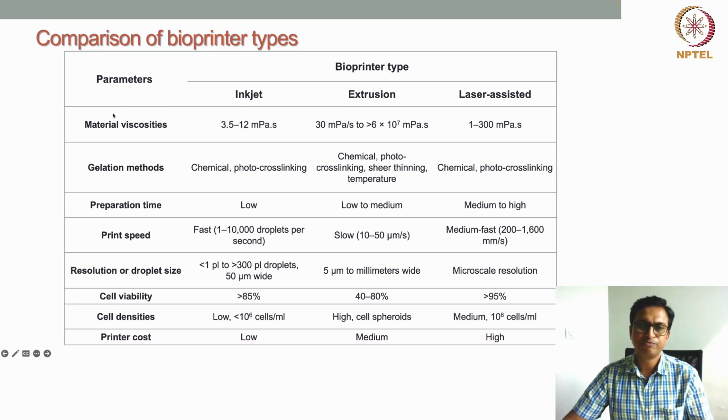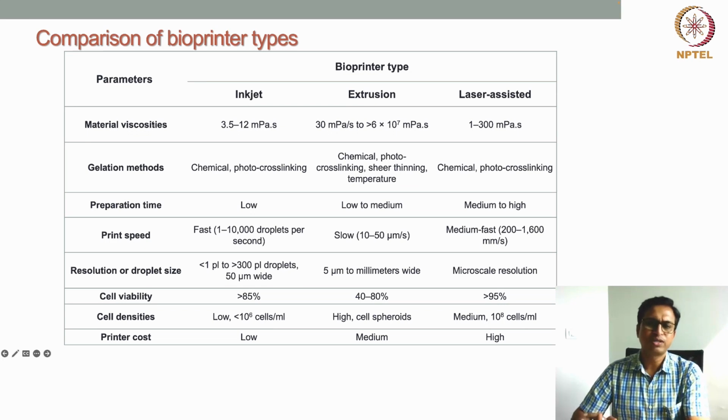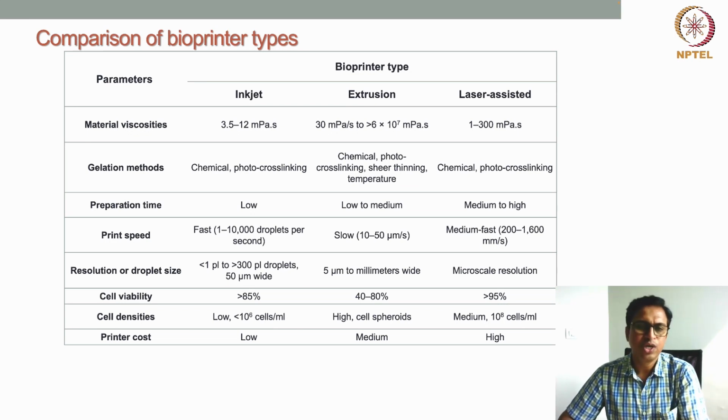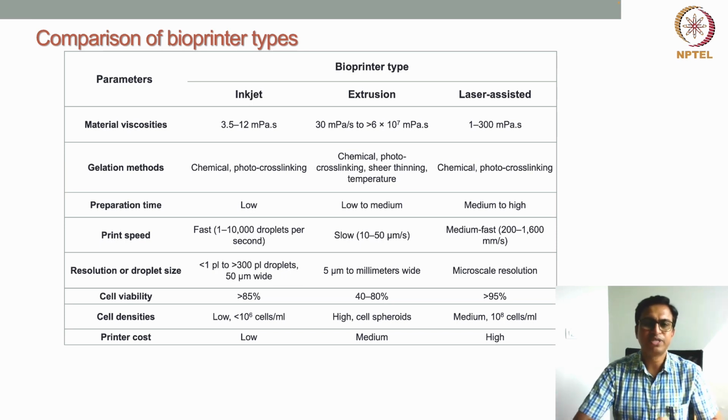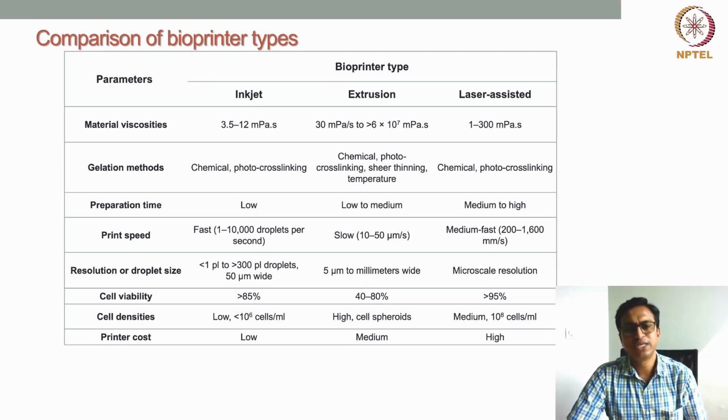So in terms of material viscosities, at this stage we know what the different types of materials are, or at least what different viscosities can be used for different types of bioprinters. During discussion of each of these technologies, I have discussed what kind of viscosities are required for printing tissue structure with a particular type of bioprinter. So when you see material viscosity, inkjet printing works on the principle of droplet